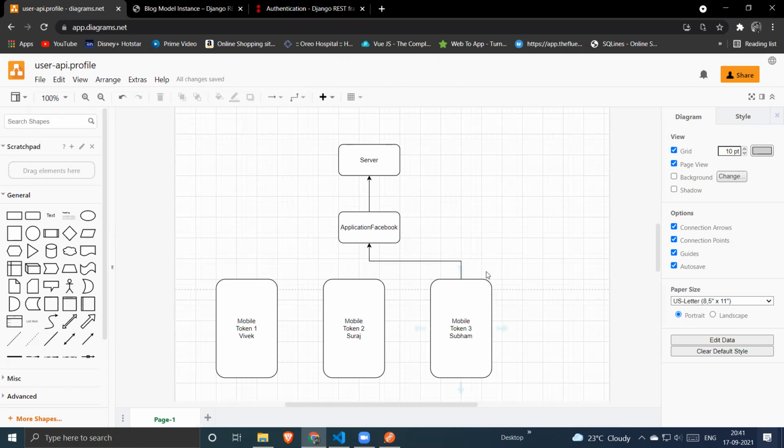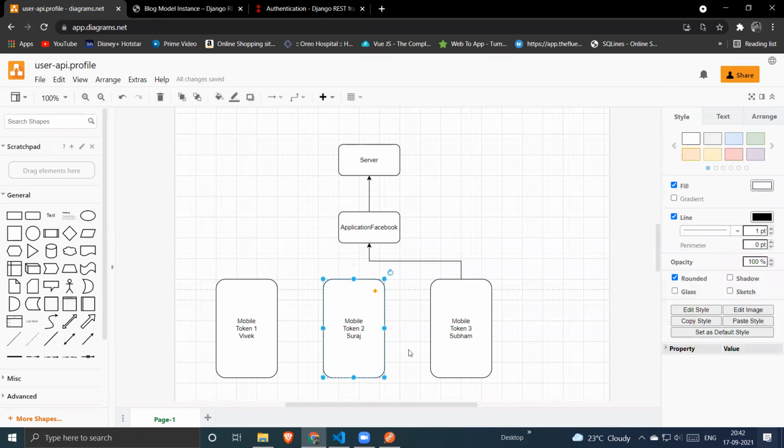So when Shubham makes a request, the mobile application will pass this token 3 to the server, and the server has a database where the user ID and the token are stored in the form of query sets. So in the database, what will the server do? The server will search for the token 3 in the database and find which user is associated with this particular token. So it will fetch that particular user, and then try to make a session for that individual request within the server. So whenever you make a request.user, you will get Shubham as an output.